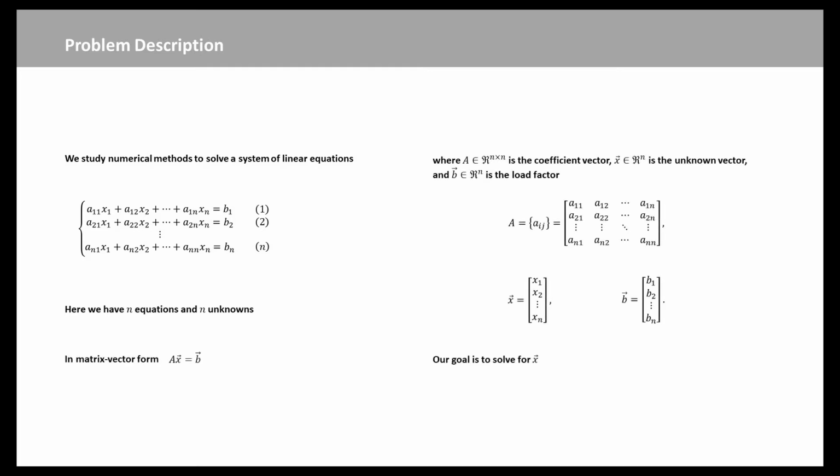Now we write it in matrix vector form. We set the unknowns x up into a column vector, and we call it the x vector. And the right hand side b, we do the same thing: we form a vector b. Then the system can be written as a matrix A times x equals b, where A is an n by n square matrix. Its coefficients are exactly the coefficients in front of the x's in the system here, placed in the corresponding positions.